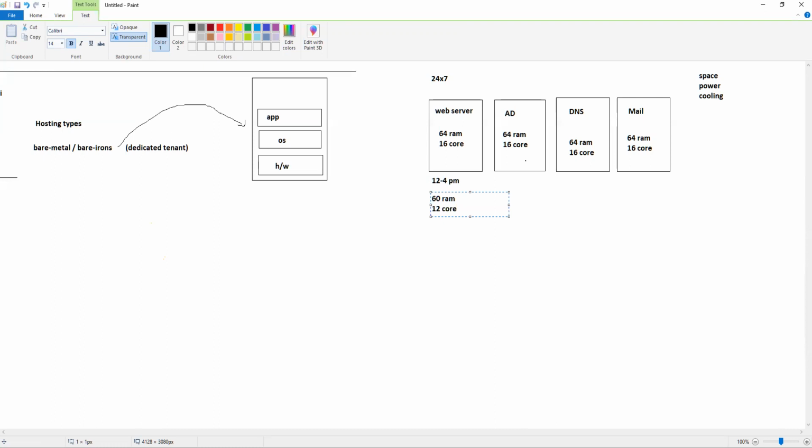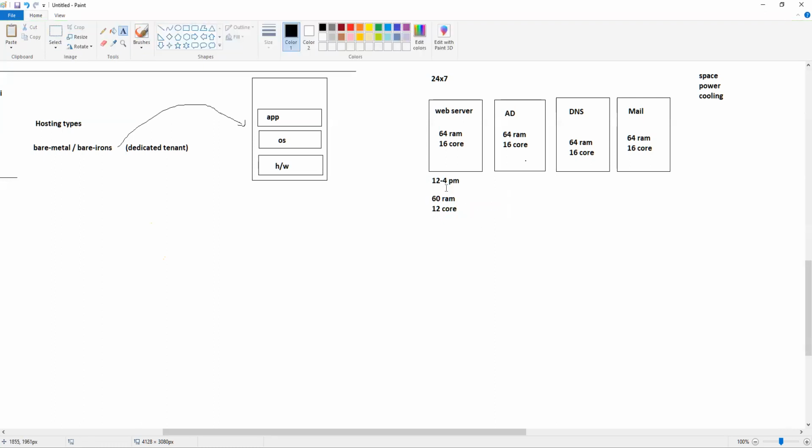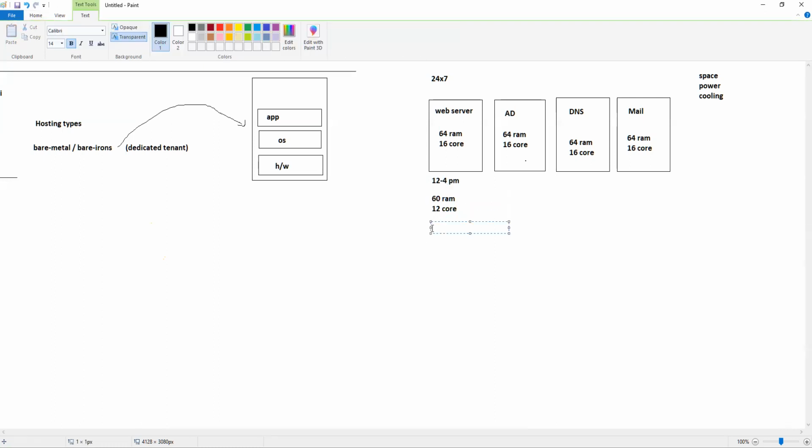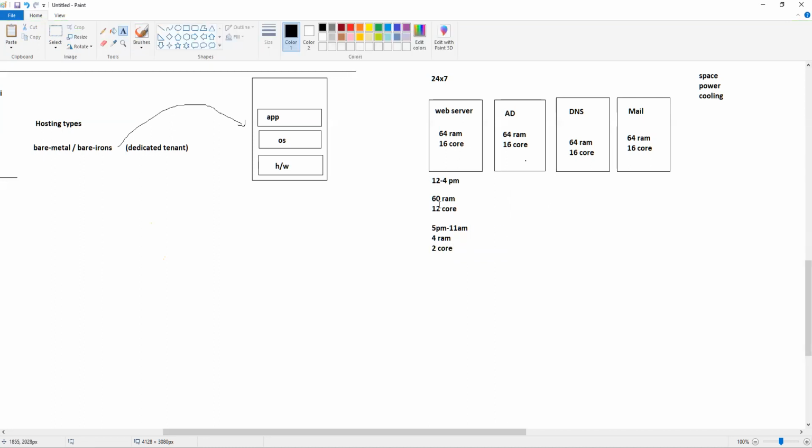Between 5 p.m. and 11 a.m., all the way, that's about 20 hours, my usage is hardly 4 GB RAM and 1 or 2 core. That's enough for me, because there is no traffic after that. This is the peak time. This is the only time I'm having traffic.